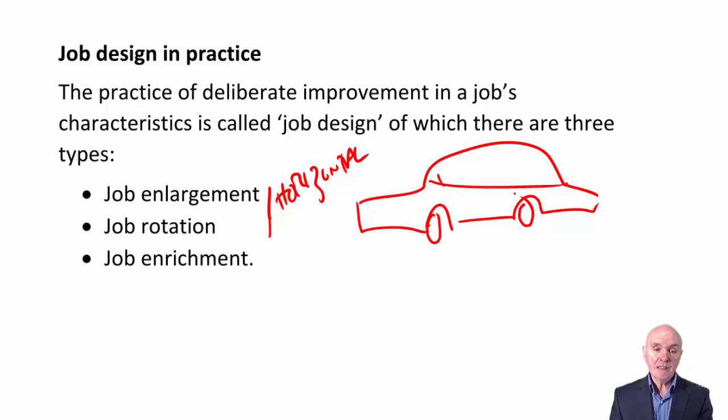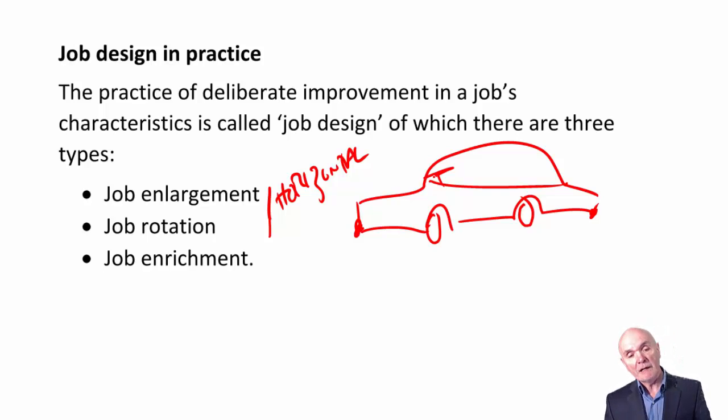Job rotation keeps it at the same kind of very basic level. This would say, right, this week you're putting on wheels, the next week you're putting on the bumpers, or the Americans would call them fenders and so on. Maybe the next week you're putting on the window wipers. But again, they're all basically manual jobs. Not a lot more skills involved, but at least you have a bit of variety now. Wheels, bumpers, washers, wheels, bumpers, washers, and so on, rather than just wheels all the time.